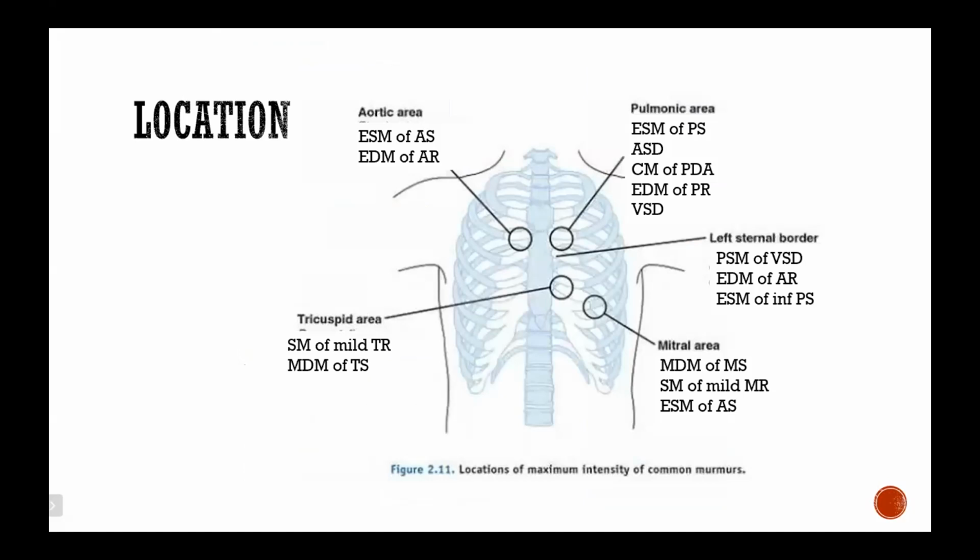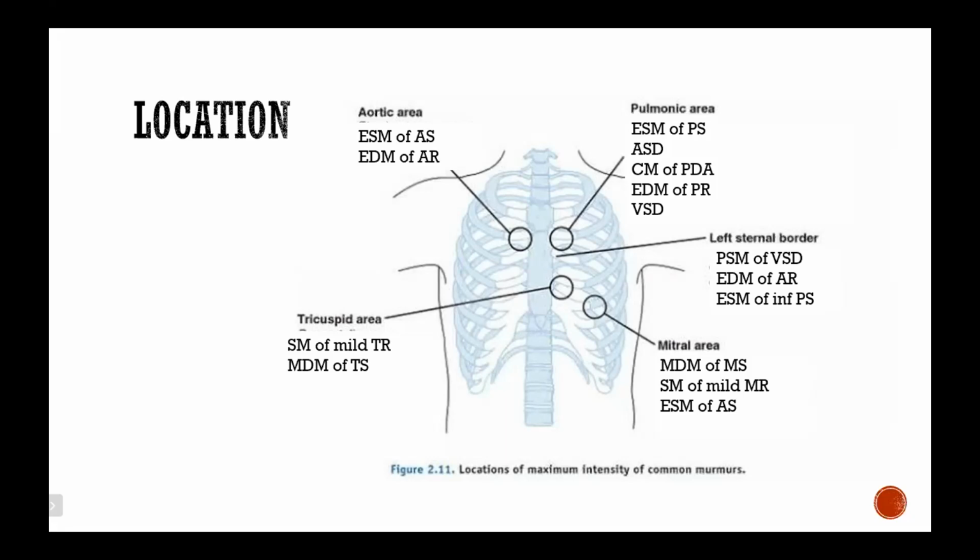Okay, so the first thing that you did was you identify the timing of the murmur, then you identify the duration of the murmur, then you focused on the configuration of the murmur. Using these three, you somehow came to corner down the etiology. The next thing that you need to know is localize the murmur. Usually when a murmur is heard, it will be heard all over the precordium. So what you need to do is identify where the murmur is heard the loudest, which area is the murmur heard the best. That is the location of the murmur. That is the primary site of origin of the murmur.